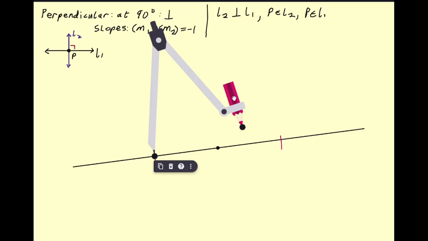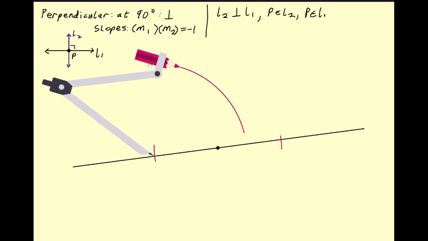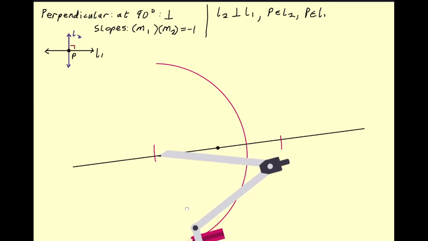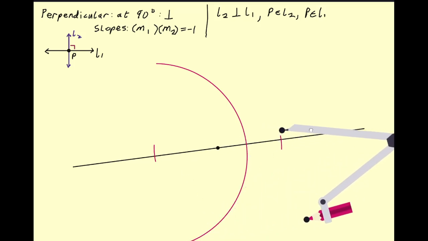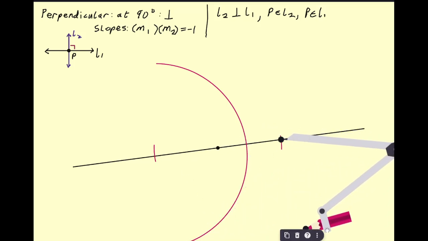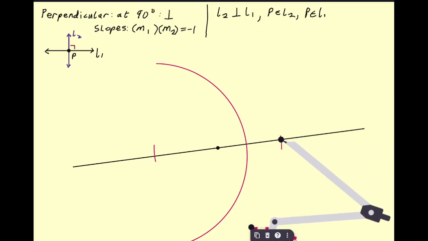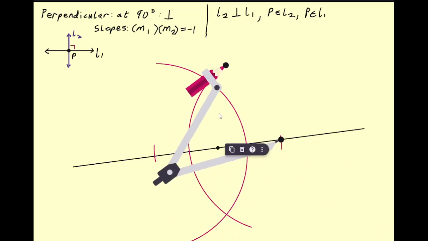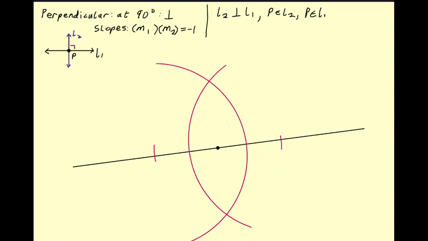And then I can start to draw my arc, and I can do a big arc all the way up and down, or I could just do an arc up here and an arc down here. Either is fine. And then I'm going to keep the compass exactly the same size, and I am going to draw an arc around here. And if I take my compass out of the way now, I draw a straight line using a straight edge between those, where those arcs cross each other,